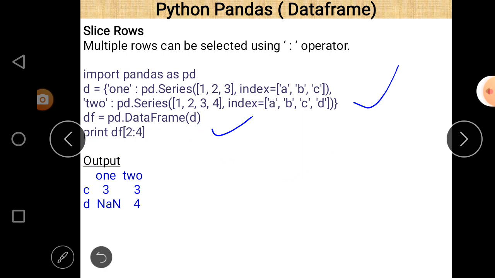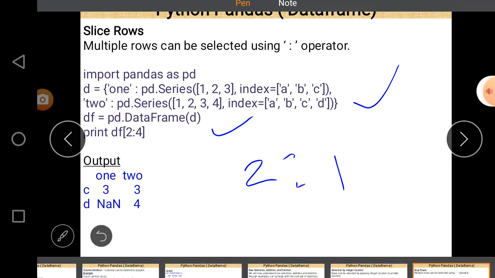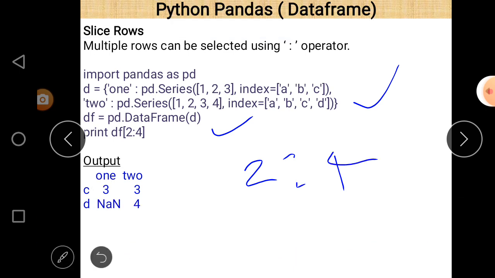1 and 2 are the names of columns. 1 2 3 and 1 2 3 4 are the data elements, and index positions are A B C and A B C D. Here we used a slice. So using the slice, there is 2 to 4. As we know that index positions start from 0, the first represents the row.